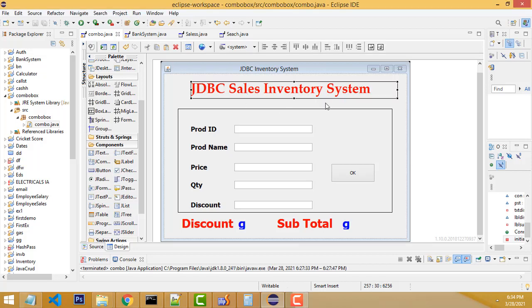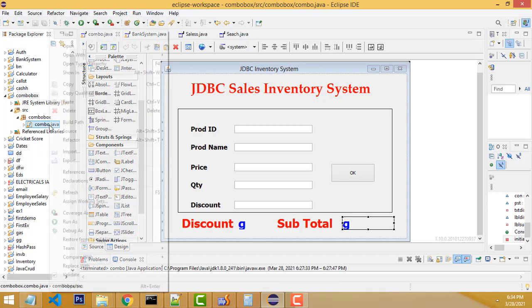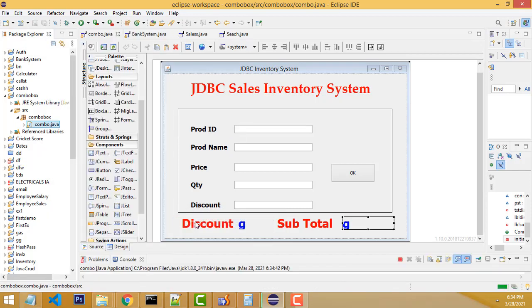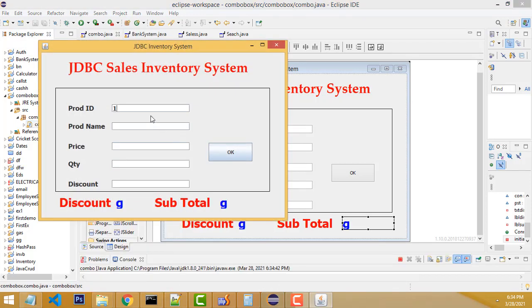Today I am going to teach how to make a simple sales inventory management system, and how to calculate the discount and subtotal with a database. Let me show the demo, right? Here, all the data is coming from the database. If you enter the relevant product ID, the relevant details will be displayed here. If you add 2, 3, it will be displayed like this, okay?